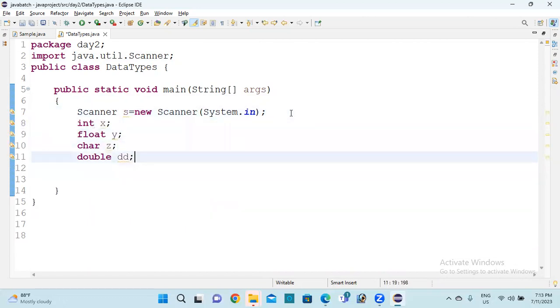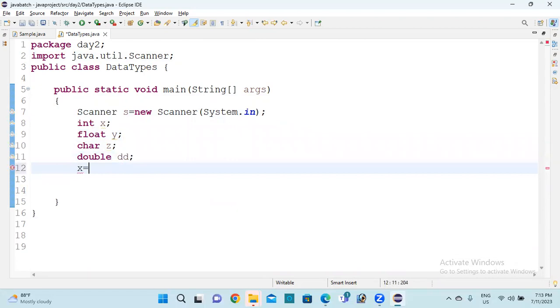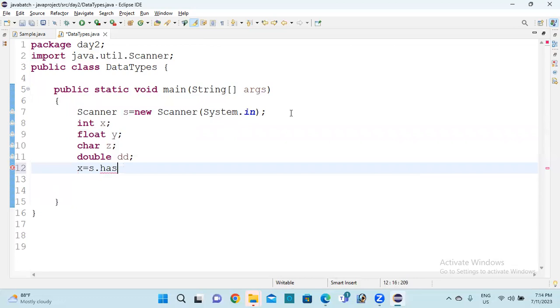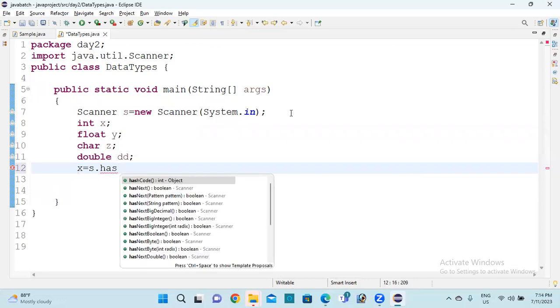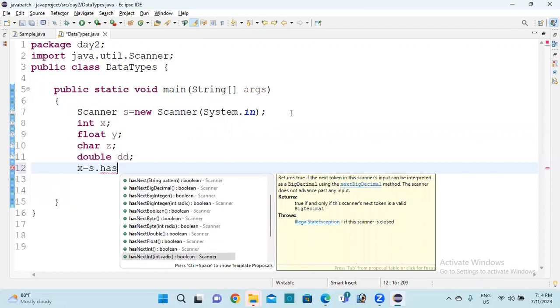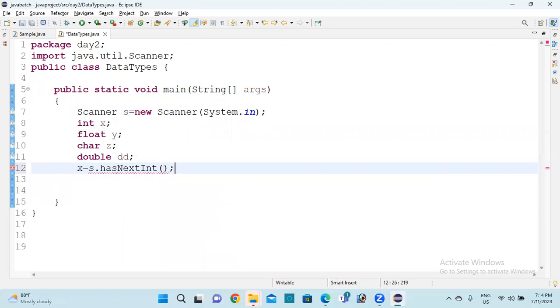Next, after the declaration, I'm writing x equal to s.nextInt();